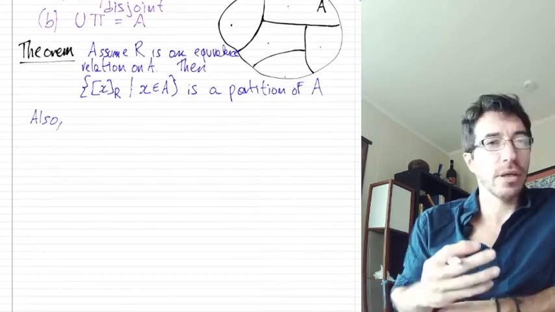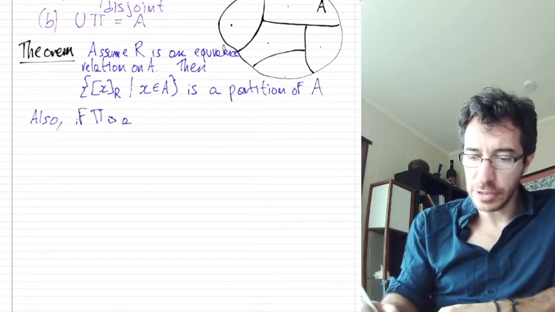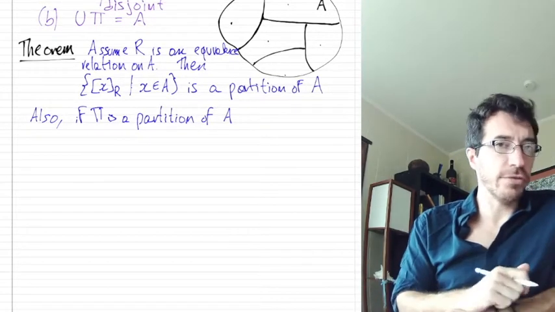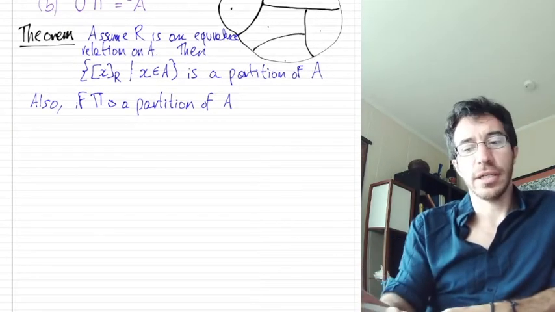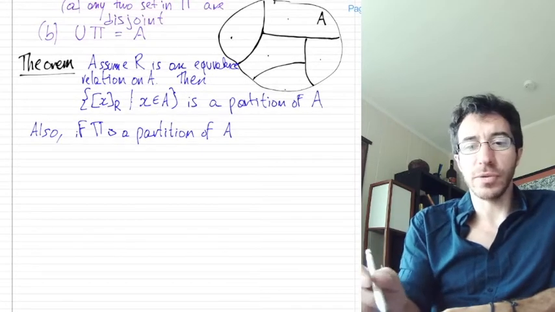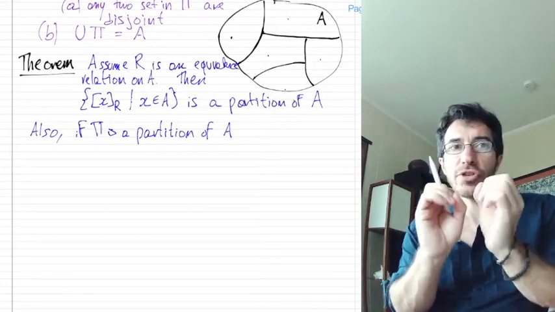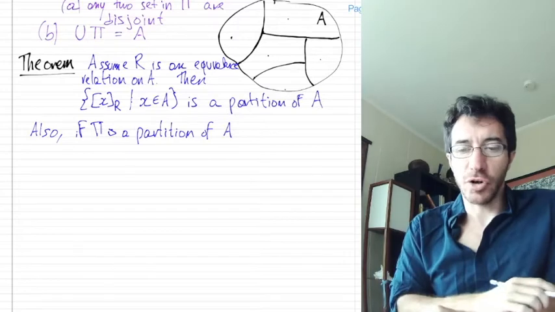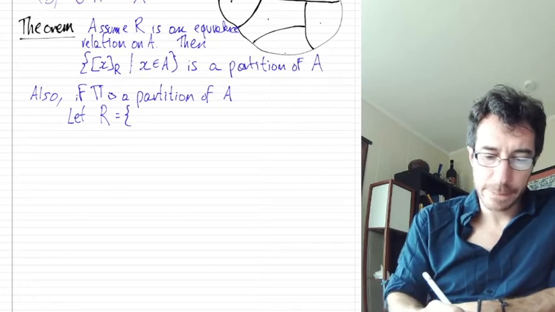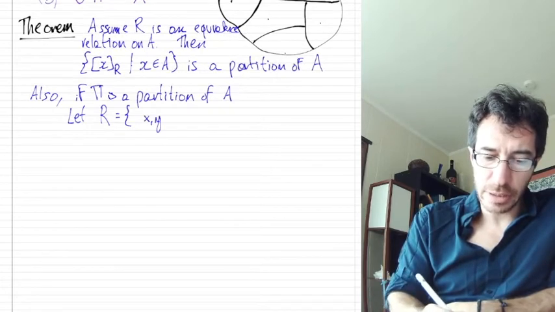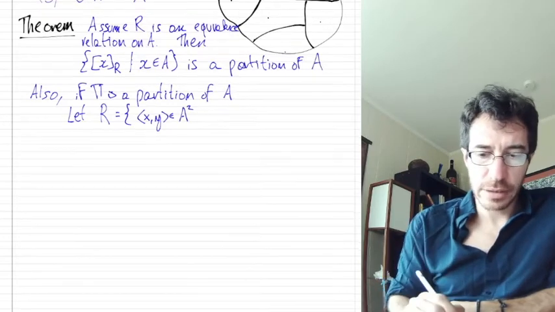And also, if you're given a partition, we can build an equivalence relation from it. If pi is a partition of A, we can define an equivalence relation related to it. Like you can see in the picture right there, you imagine all the elements that belong to each piece, you make them equivalent to each other, and then the equivalence classes are exactly all the pieces. So we can define R as the set of all pairs x, y that belong to A squared, such that